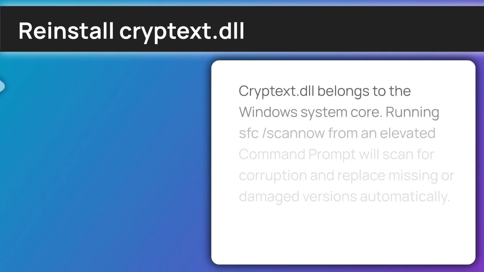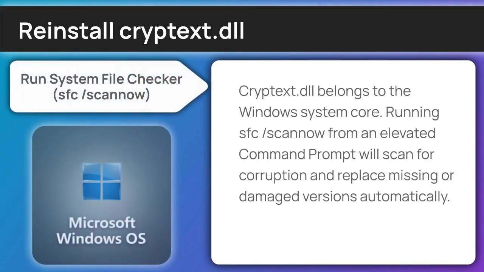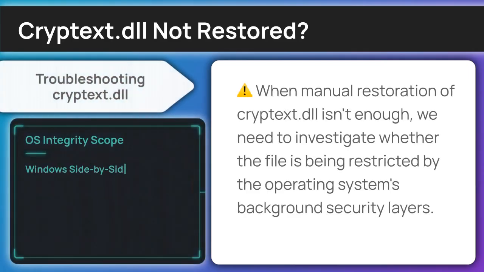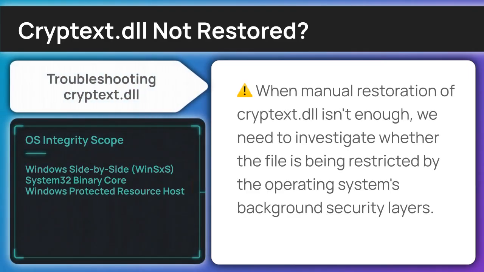The Cryptext.dll is a system-critical file that Windows manages internally. To repair it, run the sfc /scannow command from an elevated command prompt, which will scan for and replace any corrupted OS-level components. In the event the error remains visible, it indicates we need to verify the environment's ability to